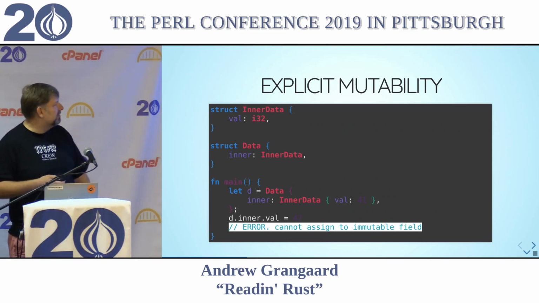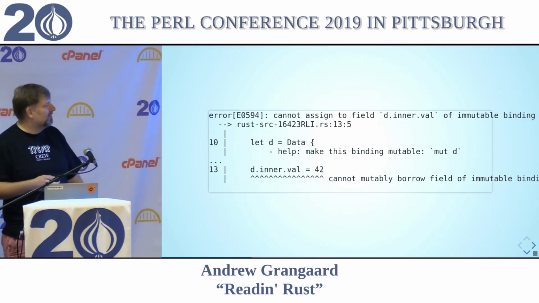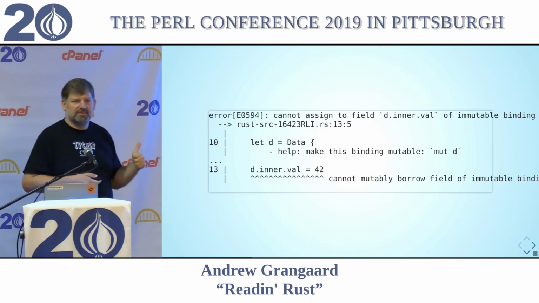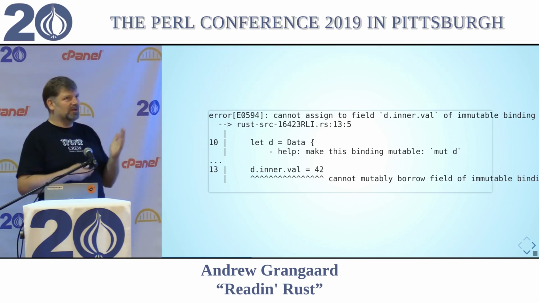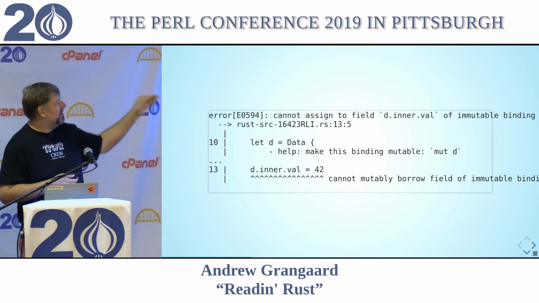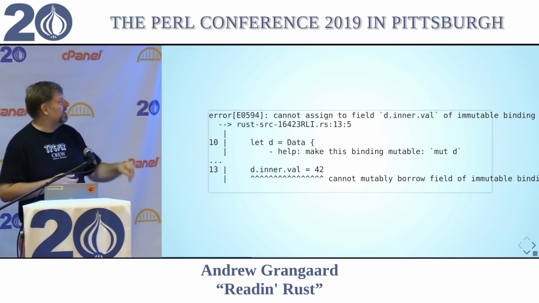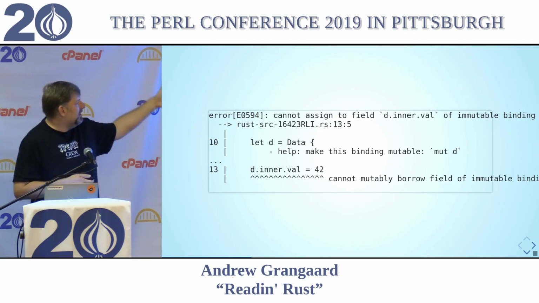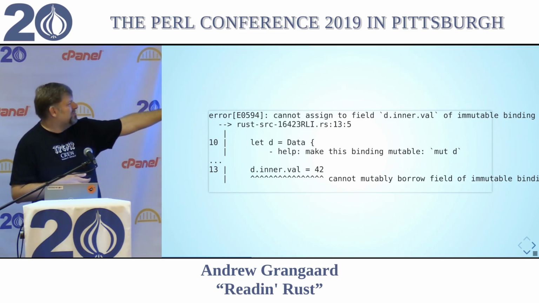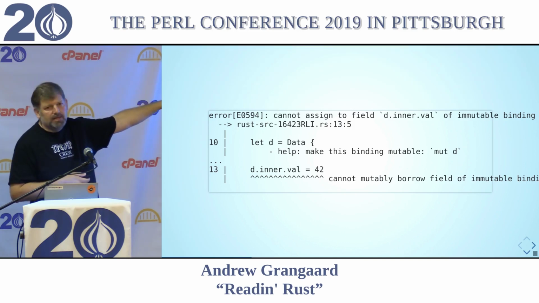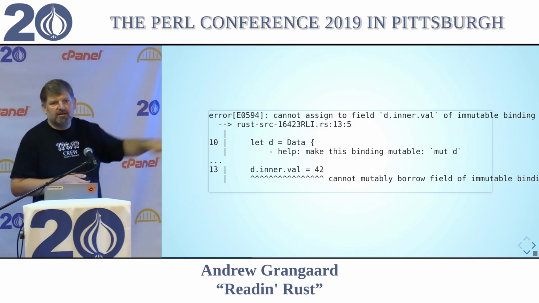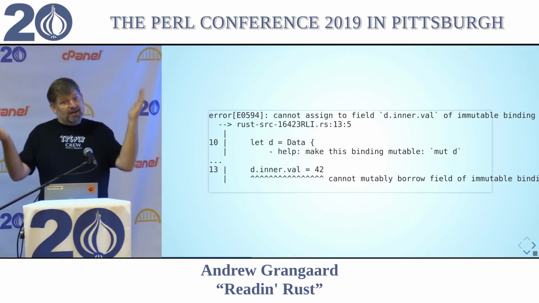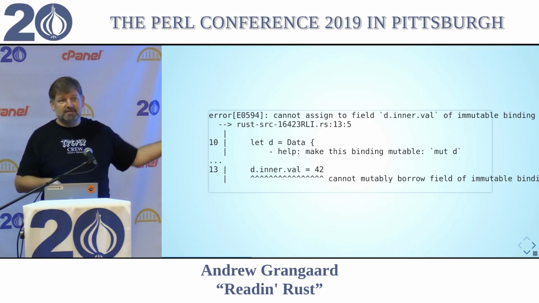And that would be an error. And it would look like this. And the errors are awesome. So I'm going to put a bunch of the errors in. So there you go. Not because my code was broken all night while I was writing. So, cannot assign to field d.inner.val of immutable binding. Right? Okay, that's a decent error. But then it says, no, right here, hey, this binding is not mutable. So if you made d mutable, then I could assign to this. If you didn't want to make d mutable, then you're definitely doing something wrong here. I don't know which it is, but you've got to fix that, because this will not compile.